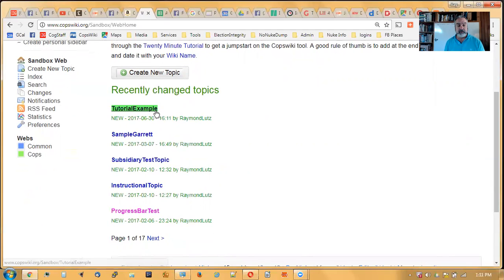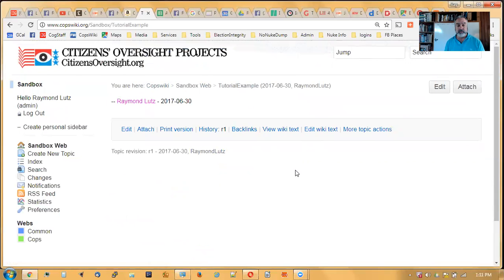You can see anytime there is a wiki name here, a wiki word with that capital, it's assumed to be a link to something. And when I click it, I'm going to go over to the page with nothing on it. Now we have two ways to edit this page. You can click up here, which is the WYSIWYG mode, what you see is what you get mode, or down here, which is more of a raw text mode, which is the one I usually use